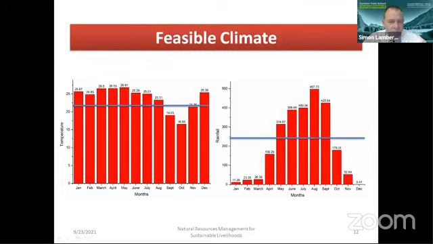If you see the climatic conditions here, it is very healthy. The average annual temperature is 21.6 degrees centigrade. Highest is 26 degrees and lowest is 16.55. So it is one of the most important states, not only in India but in the world, where the climatic conditions are very, very conducive.